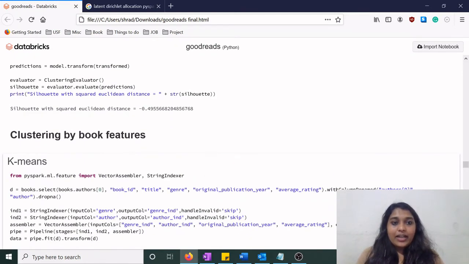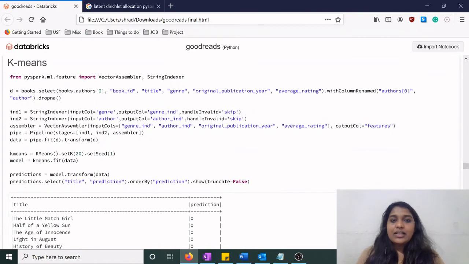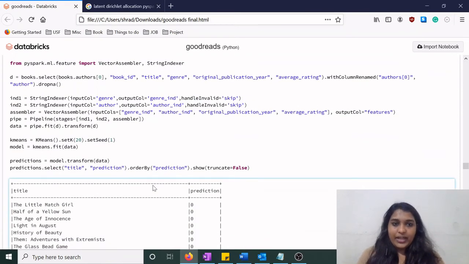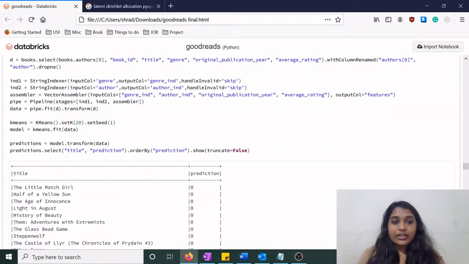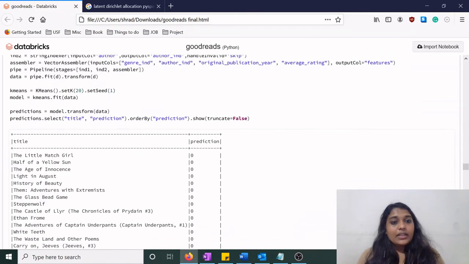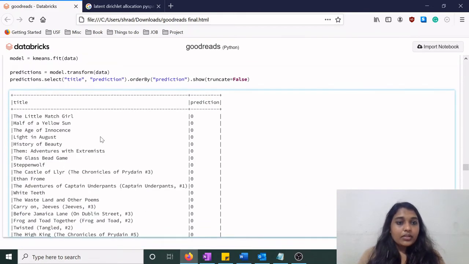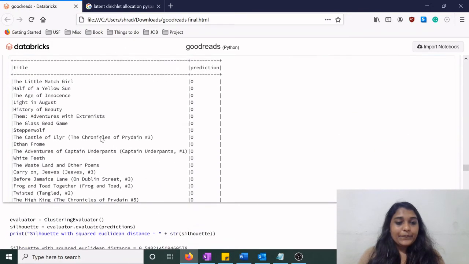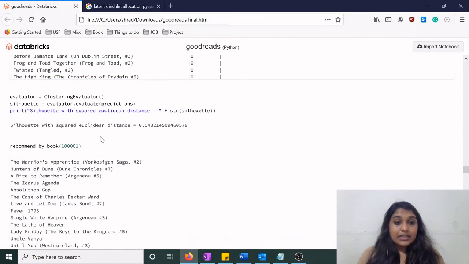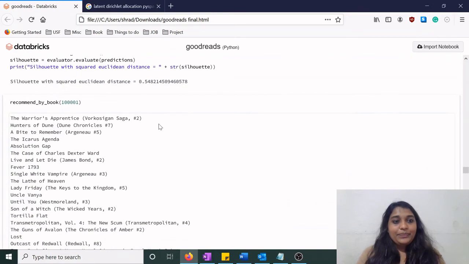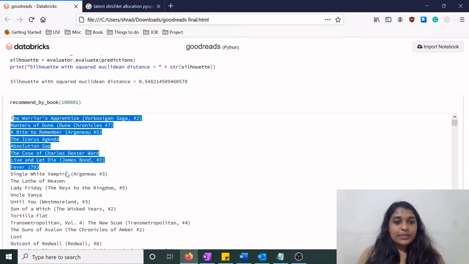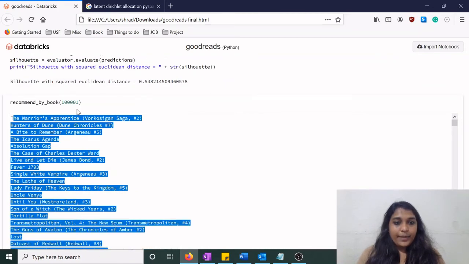Second, we are clustering our data by book features like title, genre, production year, and average rating. Here we are converting our categorical variables and passing them to the assembler and building our model. With the predicted value, we are predicting the final recommendations with respect to our book ID. This is one of the best models because our evaluation score is 0.54, and this is the final list of recommended books with respect to book ID